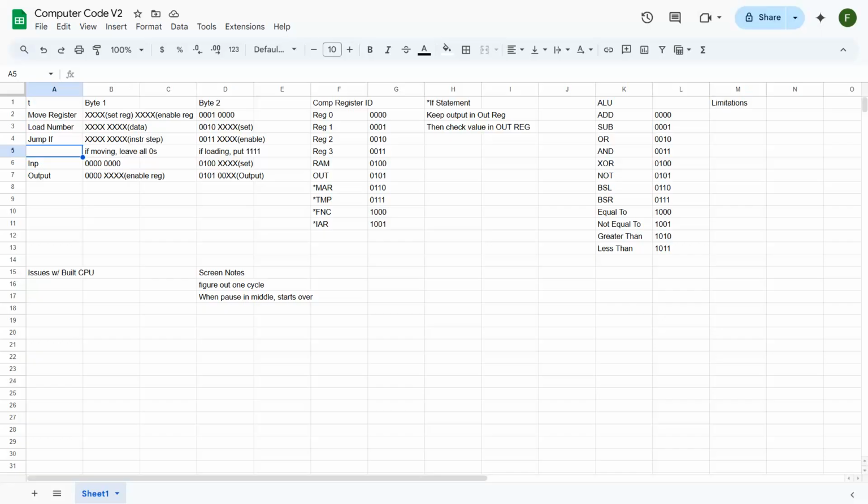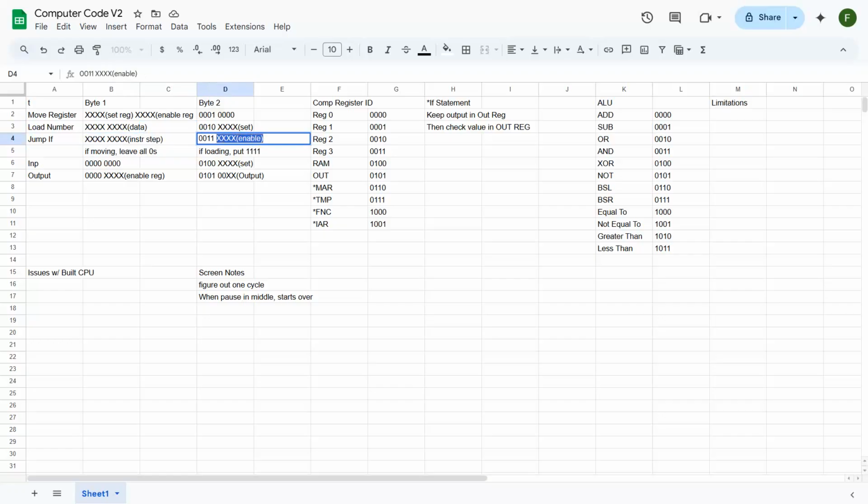What I concluded was that I can keep this as the enable, so that's the enable register, and these 8 are going to be whatever you're loading. So if I were to load from a register, I just leave that all 0 and put in my register here in these last 4. But if I wanted to load from the instruction memory, I put my combination in here, and then over here,